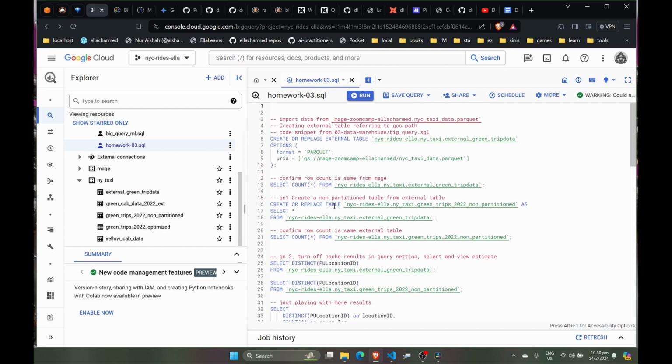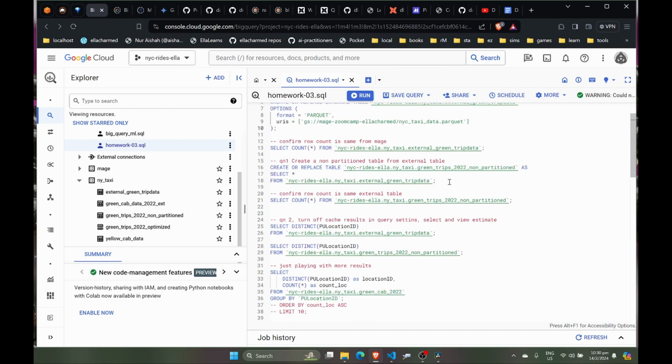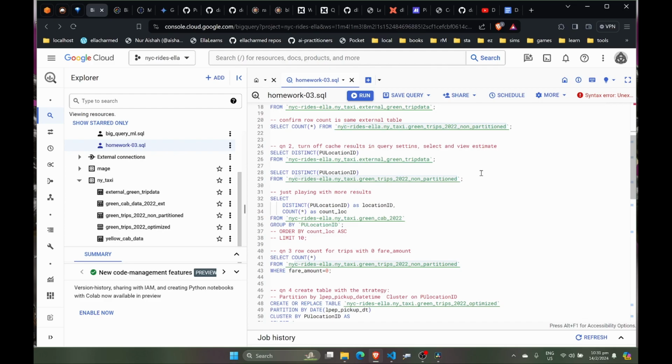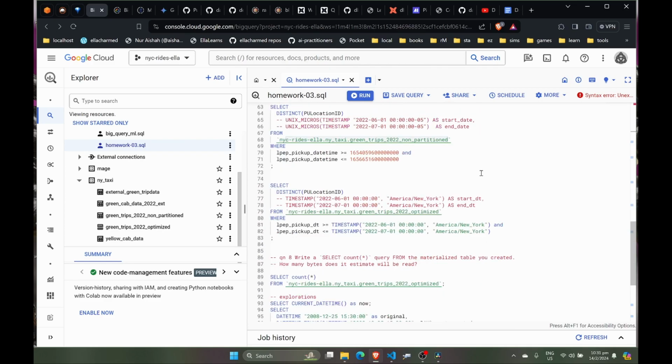Where's the SQL? Yeah. So once you have it in your buckets, you can get it out of your bucket into BigQuery with this SQL statement. This is called creating an external table, because the content is actually living in your Google storage. From there, we create a non-partitioned table. And then for questions 4 and 5, we create the partitioned table,